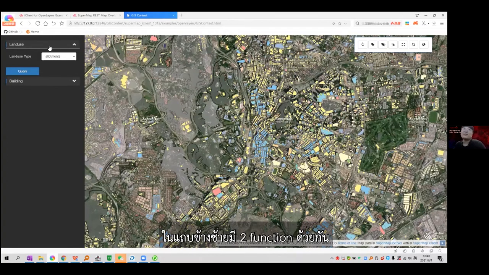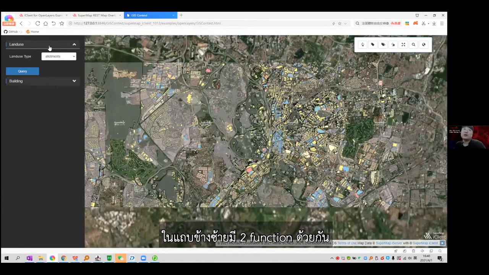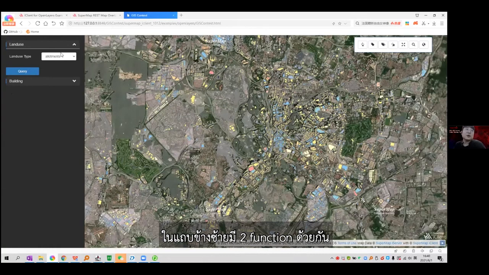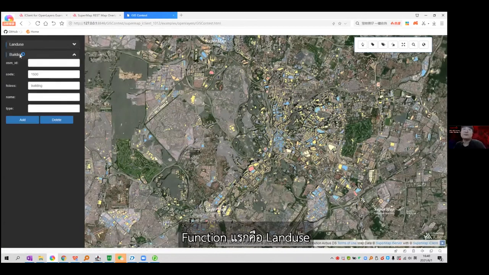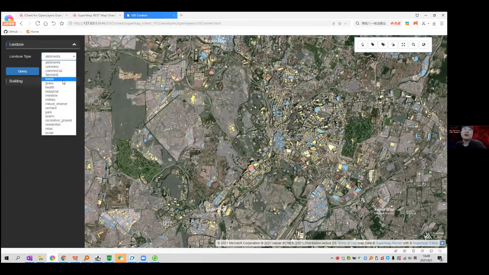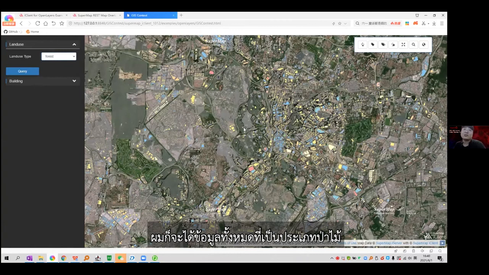And on the sidebar, there are two parts of functions. The first one is the land use. We can query the land use based on its type. For example, if I choose forest, then click query, then I can get all of the land use area with